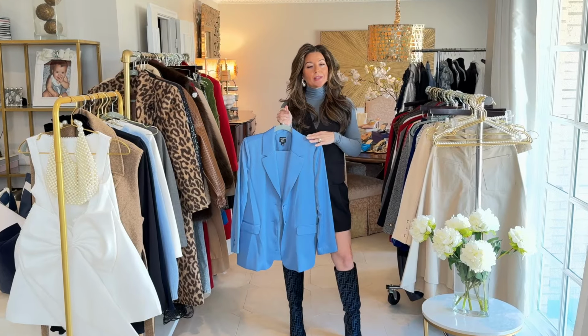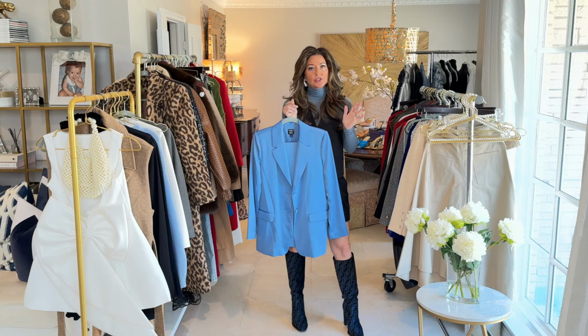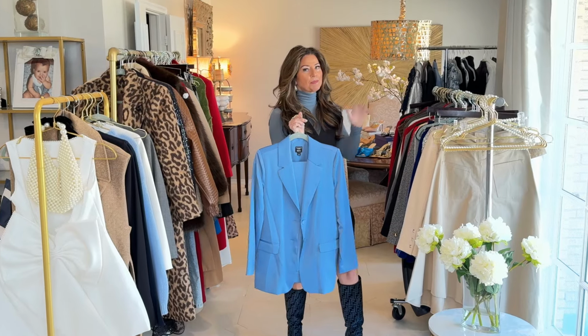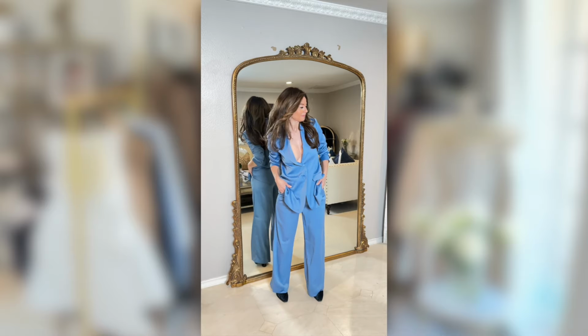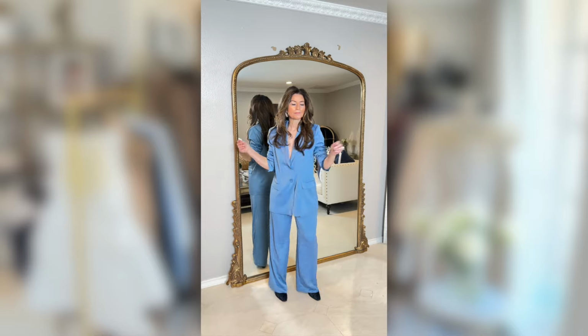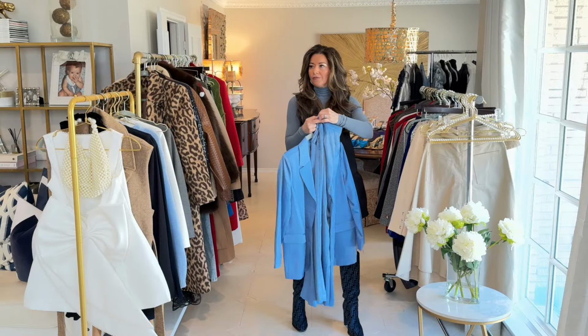Okay, next up is this Nicole Williams times Bar 3 collaboration that was sold at Macy's. And this one was hard to put on this rack because I love this blue. It is so pretty on and this suit looks really great on. Not super wide leg, but a wide leg trouser. That is absolutely just super lovely on with the pocket detail, and it just flows and fits and it's